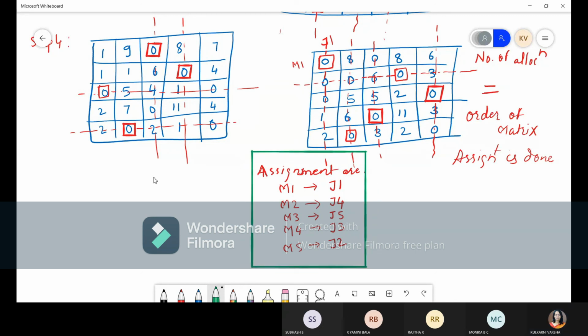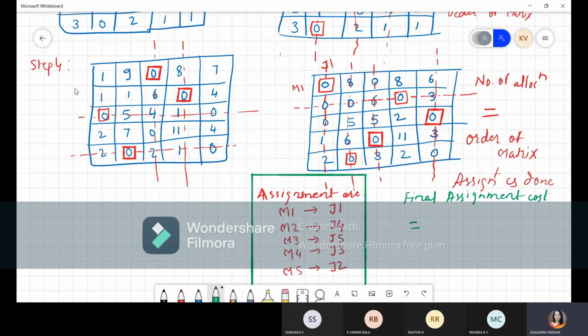Now the final cost, or final hours, whatever. We should always write it as the assignment cost. So the final assignment cost is equal to, at these places we have to find out what values are there. So 1, 4, 5, 3, 2.